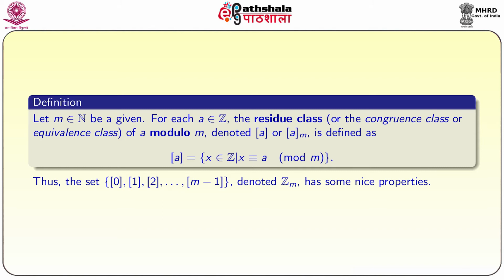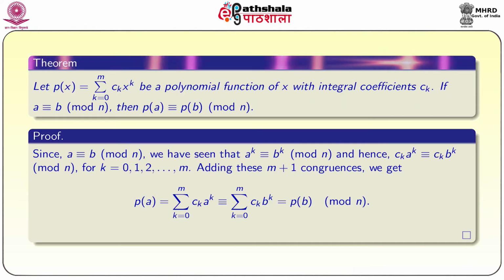That is, the residue classes are given by 0, 1, 2, 3 and so on up to m minus 1. These residue classes are going to partition the entire Z. So, it is denoted by Z_m. If you look at each element of Z_m, it is a set. So, Z_m is a set of sets. This Z_m itself has nice properties. Here we are not proving, so one can refer that this forms a group under addition modulo m and so on. So, now we will look at the first application of the congruences.